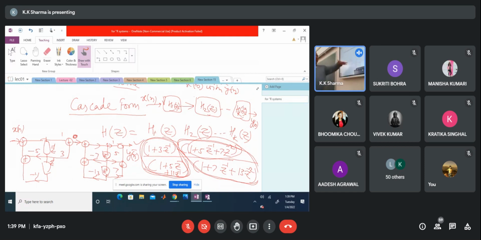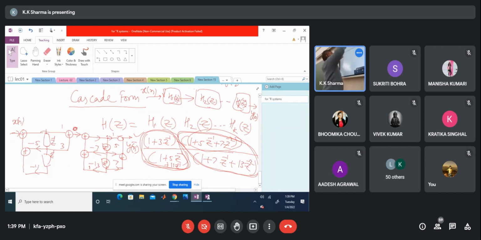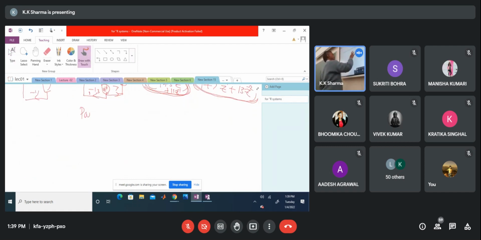Okay. So we are not going into that at the moment, but for cascade implementation, from the point of view of finite word length effects, this cascade structure will be the best one. Between the cascade and parallel implementations also, in general, the cascade structure is preferred over other structures as far as finite word length effects are concerned. Now coming to the last structure, that is the parallel form.